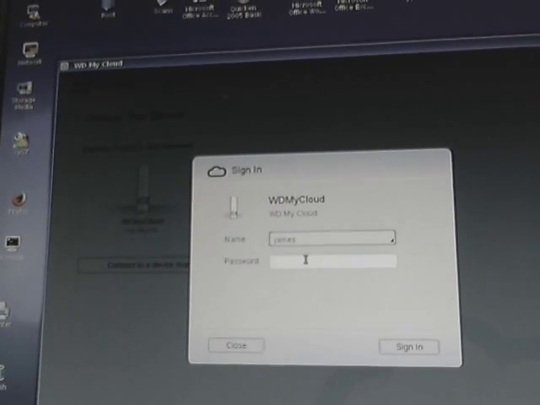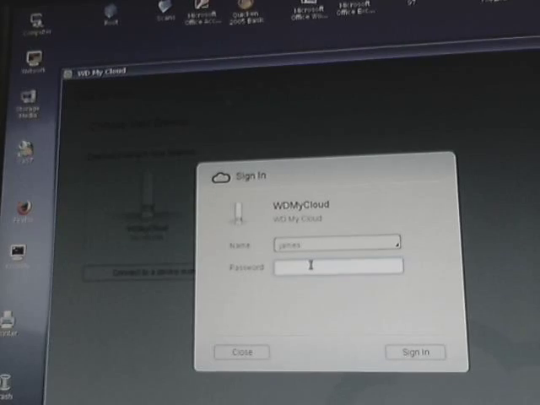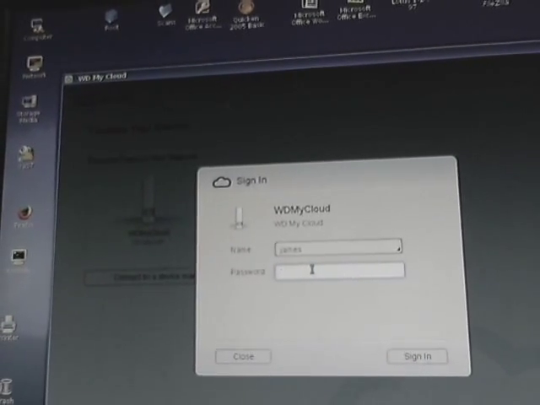I'm not quite sure, I don't remember setting up a password. That's the only thing. I don't remember setting up a password for this device here. So